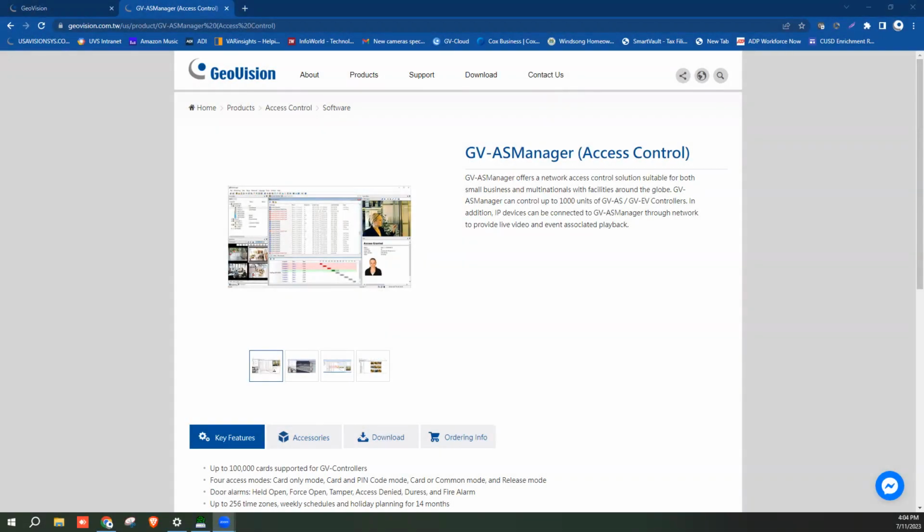Hey everybody, this is Joe here today with a basic overview tutorial of how to set up the GeoVision AS Manager software. AS Manager is the main software utilized to set up, manage, and program GeoVision's access control solutions. And I'm going to take you through a basic walkthrough from start to finish on how to set up this